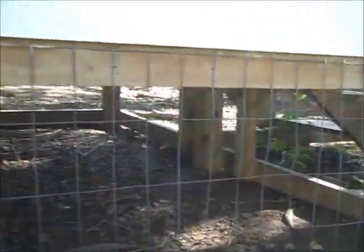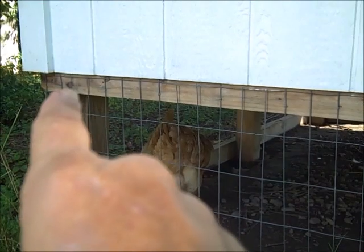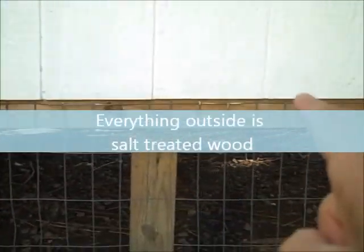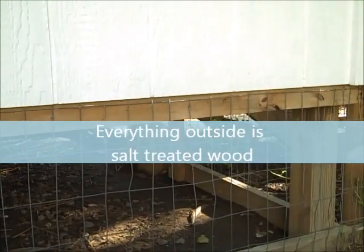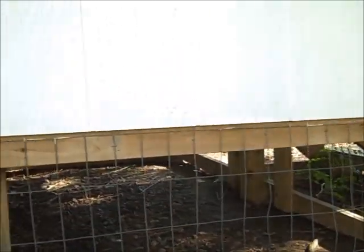chicken house. So then I nailed those legs to 2 by 4s and made a frame 8 foot by 8 foot square. And I probably should have used 2 by 6s for that, but I was being cheap. Then after I had that square,